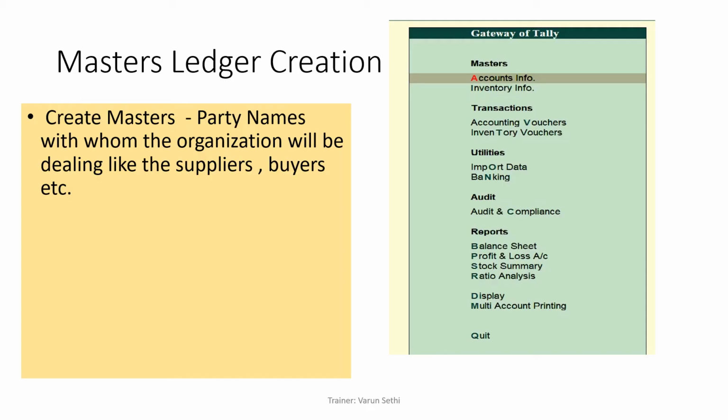Yeah. We all know that this is the gateway of Tally. And if you see, these are the masters. So what does it mean? Now I will give you an example. Let us say we are a trading company. We purchase and sell mobile phones, and because we are dealing with mobile phones, we are buying from the state distributors and selling to retail shops. Okay, I have taken a very simple trading scenario. It could be anything similar.